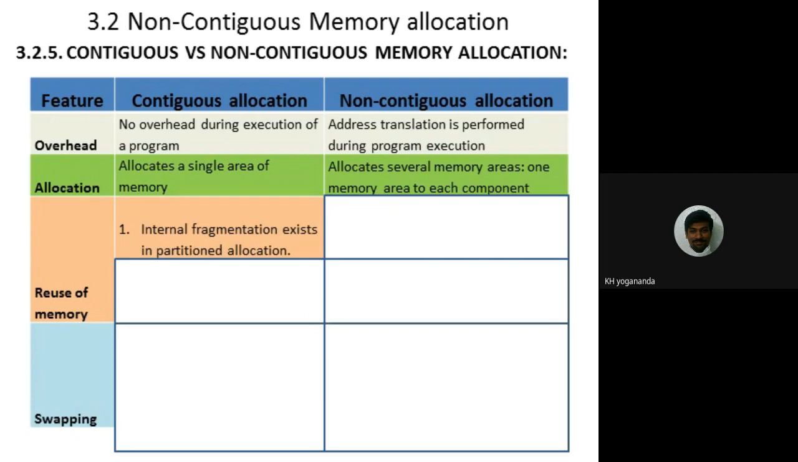Then reuse of memory. Reuse of memory means there will be internal fragmentation and external fragmentation, and paging and segmentation. Okay, in contiguous memory allocation, internal fragmentation occurs or exists in the partitioned allocation, whereas external